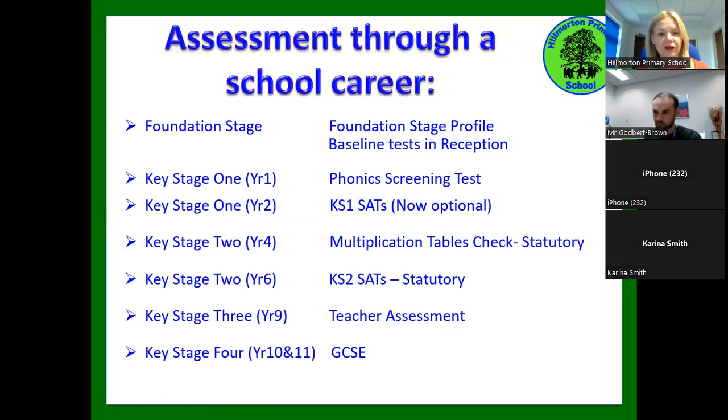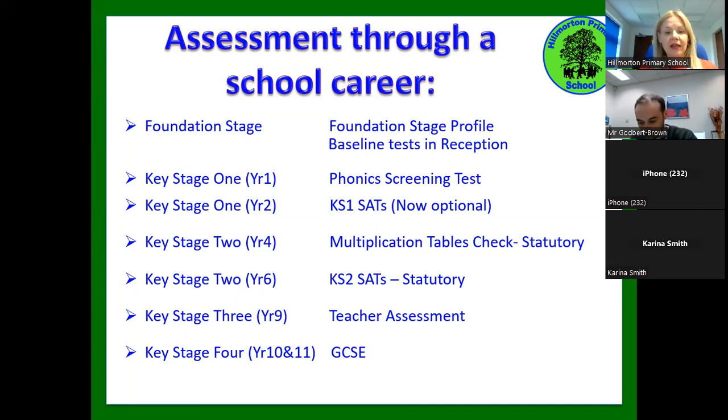This slide is just a quick overview of where these assessments sit in terms of their school career as a whole. So you can see here the Key Stage 2 SATs take place in Year 6. We do call them the Year Six SATs because they happen in Year 6, but they very much are a test and assessment of their learning across Key Stage 2. So they're learning from Year 3 to the end of Year 6, and they reflect all of the things that they've learned in those 4 years. So whilst we call them the Year 6 SATs, they don't just assess the learning in that 1 year, they assess the learning across 4 years,